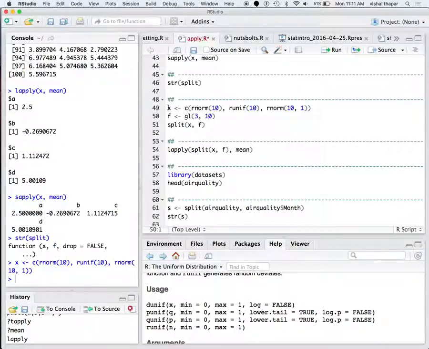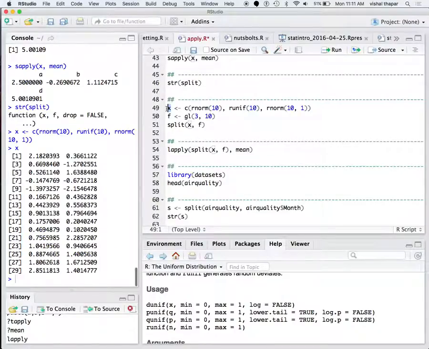X is a vector. It contains 30 elements: 10 random numbers from a uniform distribution, and 10 random numbers from a normal distribution with mean 10 and standard deviation 1. Okay, now F is